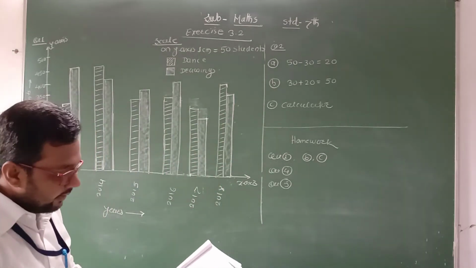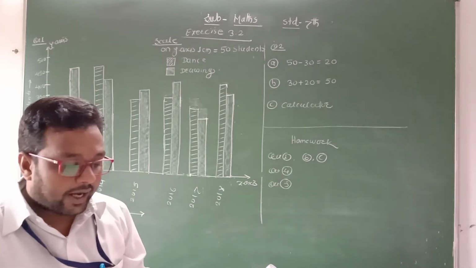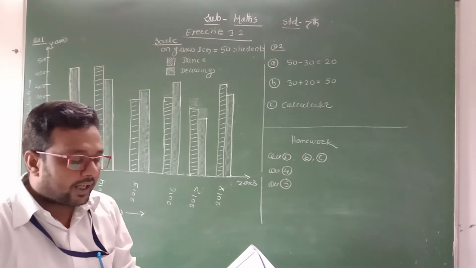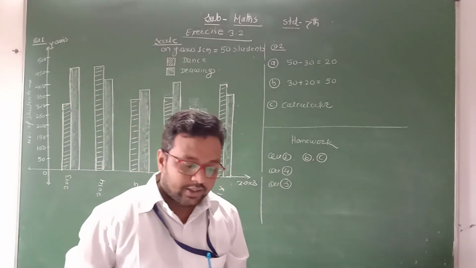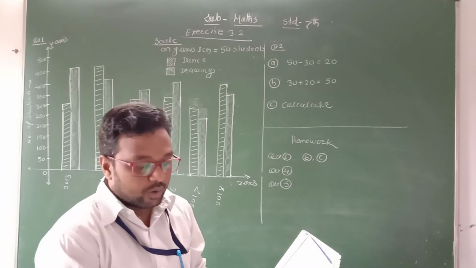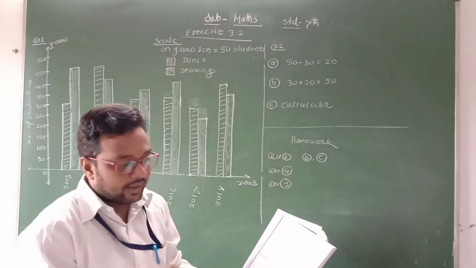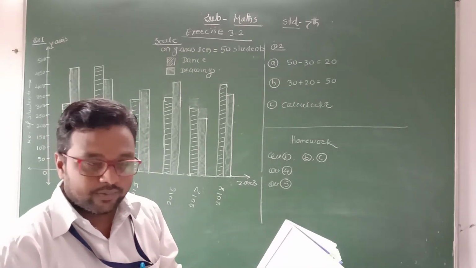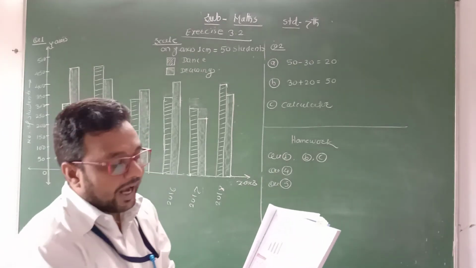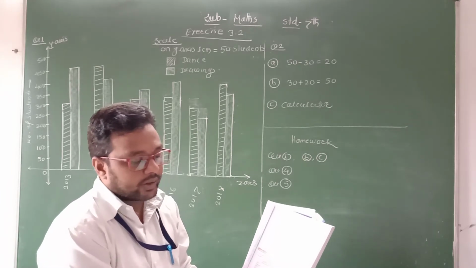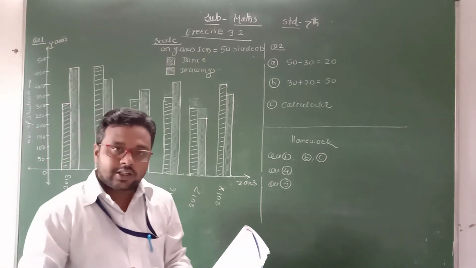Question number 2 is given: the bar graph shown alongside compares the sales of 4 items in 2 consecutive weeks. Read the graph carefully and answer the questions that follow. Sales of 4 items are given there. Scale is given here. 1 unit is equal to what? 20 items of each. First, that dark shade represents the first week and the other is given as the second week. Then on the y-axis it is given sales in numbers and the items are given here: calculator, laptop, watches, DVD player. Okay. Here we have to observe the graph, double bar graph, and answer the given questions.